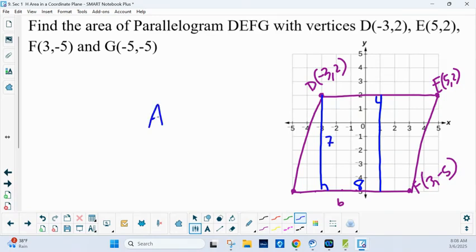So the area for a parallelogram is just base times height. Nice enough, we didn't have to use any distance formula or Pythagorean theorem. What is 8 times 7? 56 units squared. So the key is if your figure has some perfectly vertical or horizontal side, and it's part of what you need,